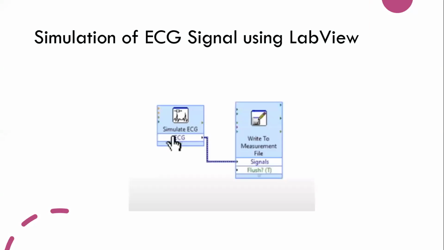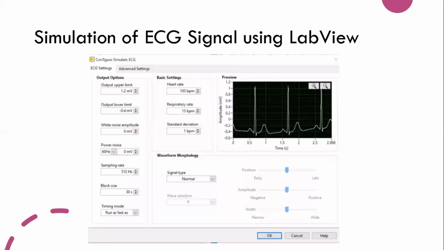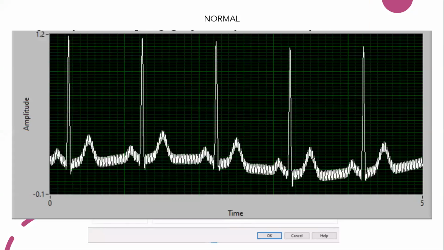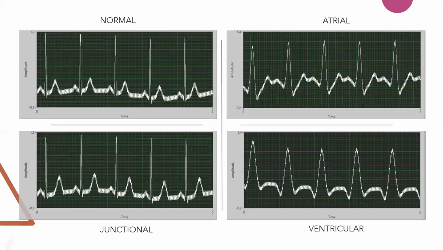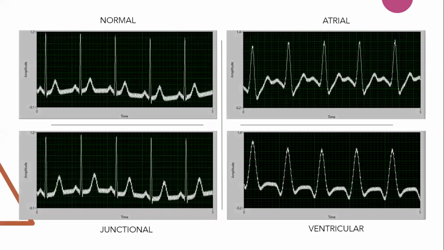The simulation of the ECG signal can be done by using LabVIEW. Here, the ECG signal was considered as an input, and the configuration settings were done as shown on the screen by setting various parameters. The graphs obtained after setting the configuration are as shown. It was done for normal ECG waveform, atrial tachycardia, junctional tachycardia, and ventricular tachycardia. From all the obtained graphs, it is seen clearly that the PQRS complex for each waveform is